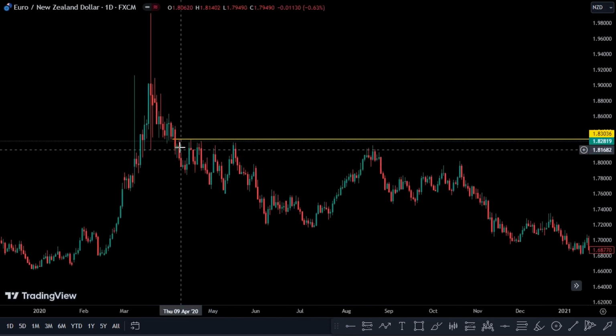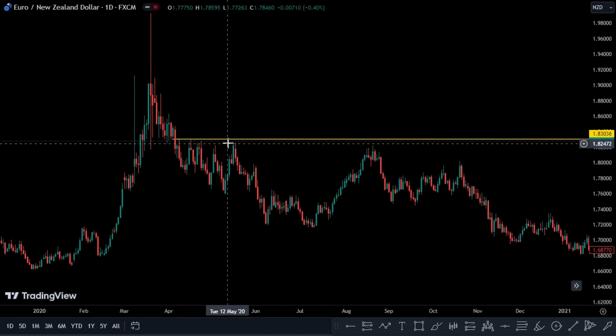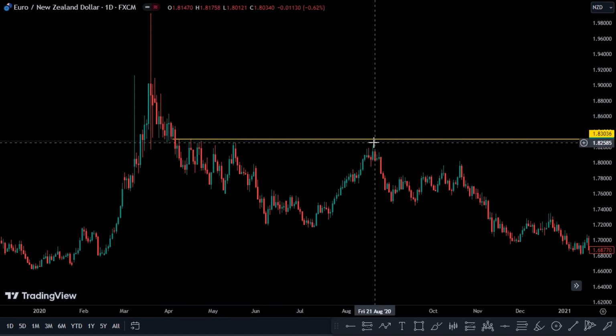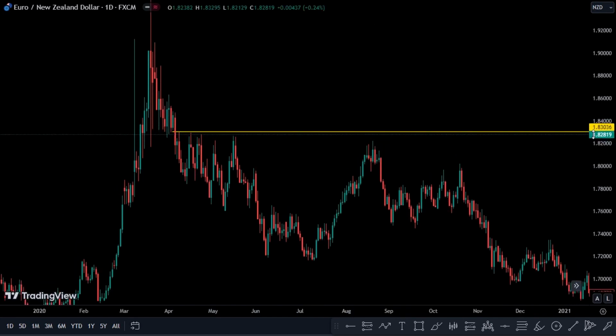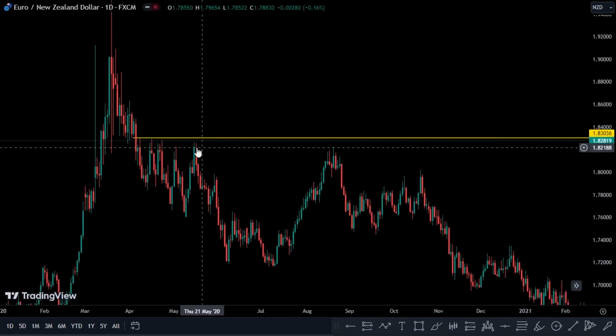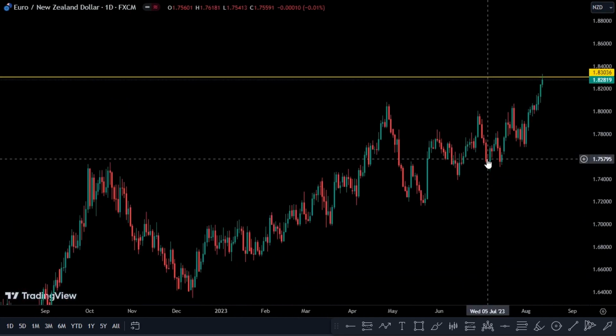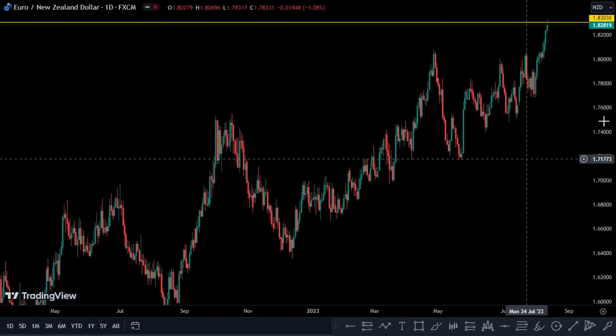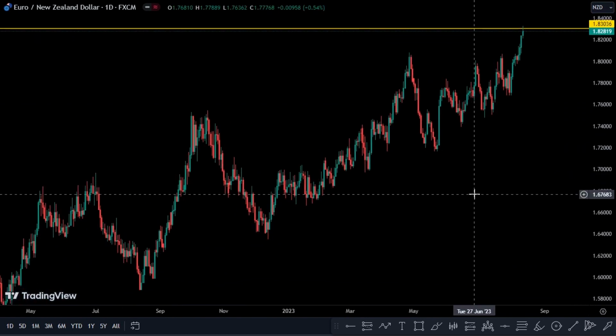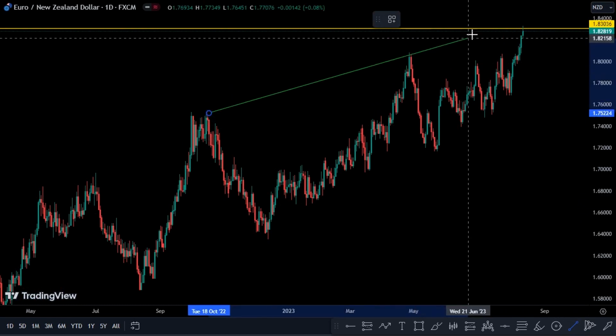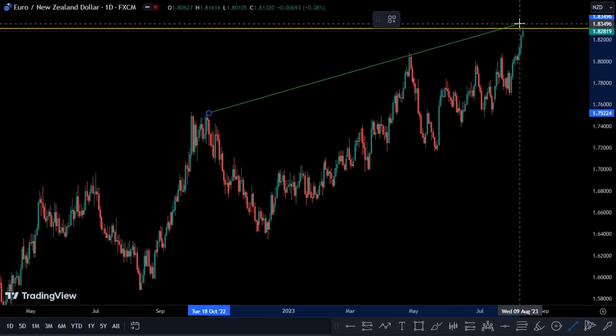You can see that it was respected, and then also respected here, because your support or your resistance is not just a single line, but it is a zone, and that is where we are currently at on Euro NZD. Okay, and then coming back to where the market is currently at right now, we can also see this diagonal resistance, beautiful diagonal resistance,